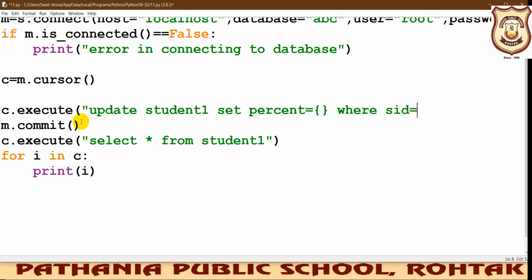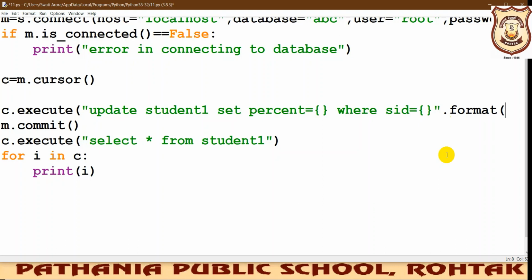Here we are trying to put two values that we will be supplying in our format function. So double quotes close, dot format. And here we will pass these two values, for percent and for SID.